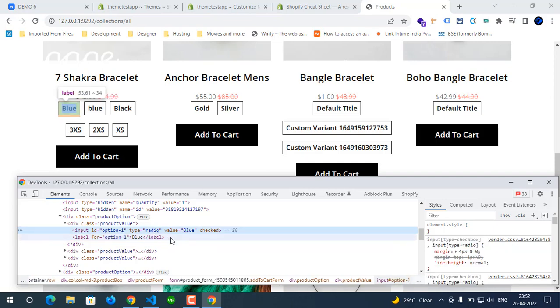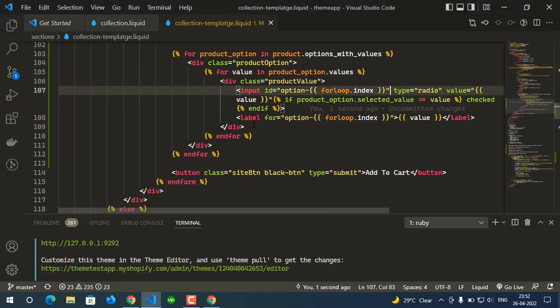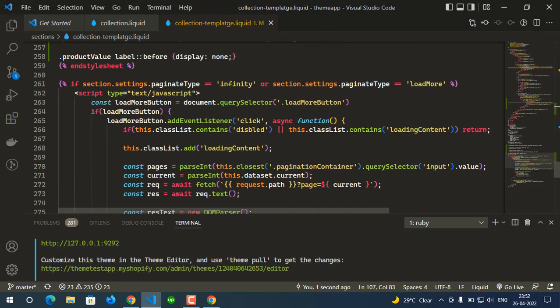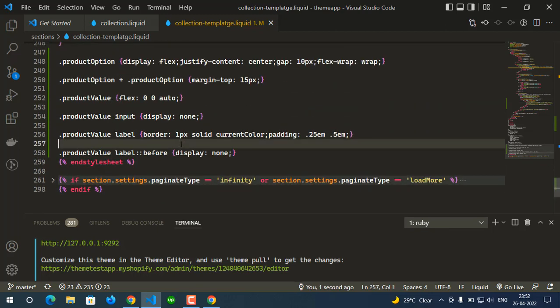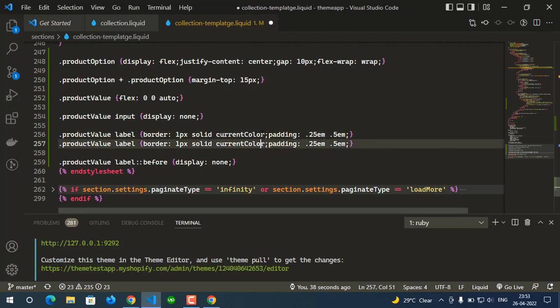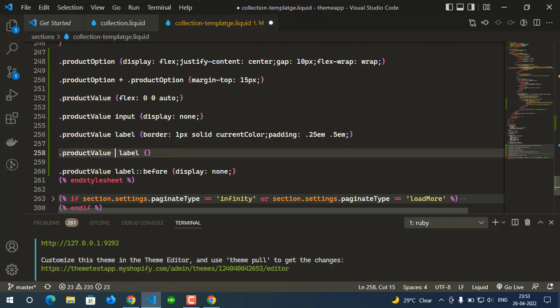This one is checked, so we have to fill this one. So what I'm going to do, this one, and put checked